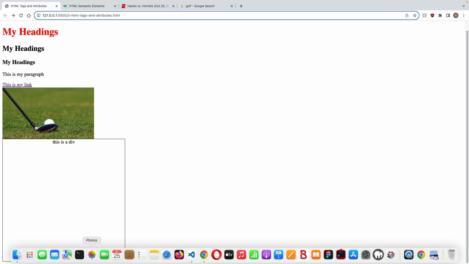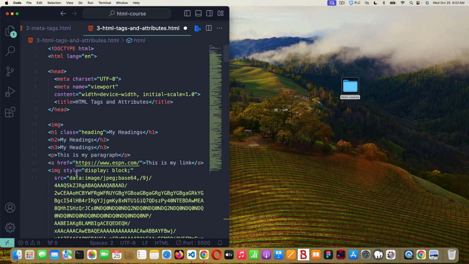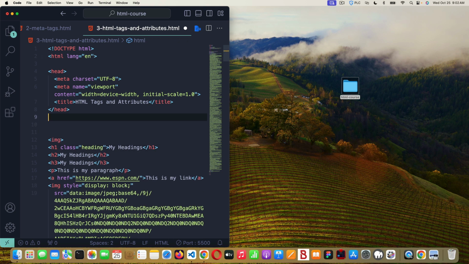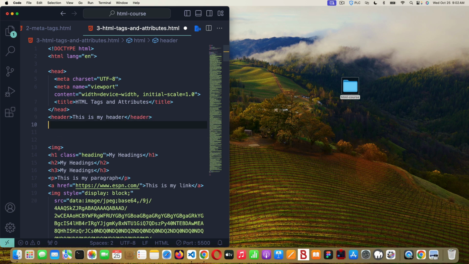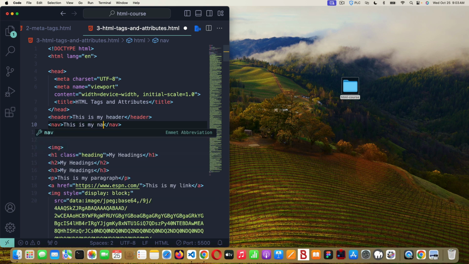So if we were going to make a brand new dummy page, I'm just going to get rid of this really quick. Or actually, I'll just go above everything. We could say header. Oops, not head. Sorry. Header, and then say this is my header, and then we could say nav. This is my navigation,